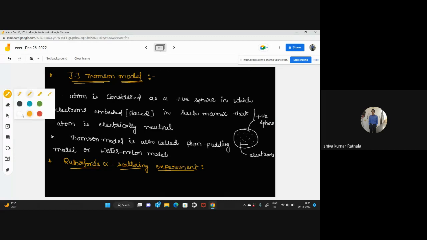So in this one, what has he taken? He took a source of alpha particles and one more he has taken as a slit